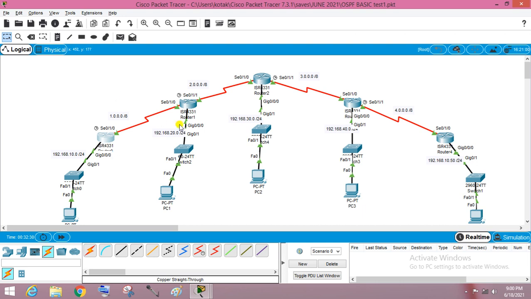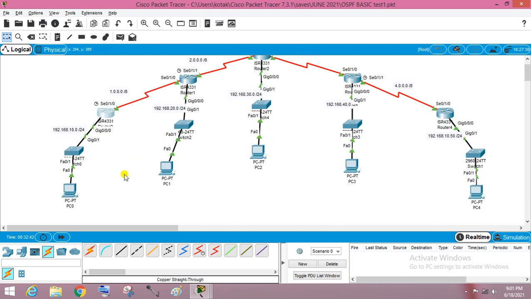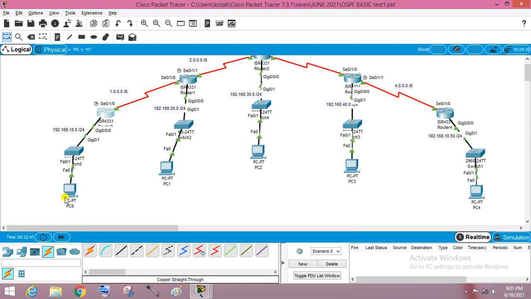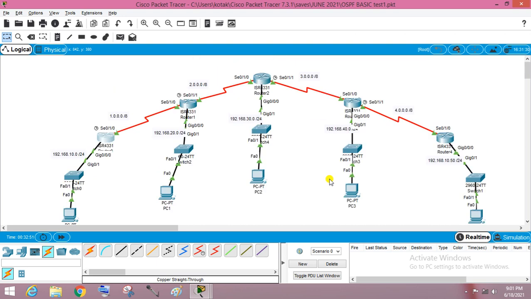Okay, so now we have understood how to configure the IP address on the active interface if so many routers are connected here. So what is my task? My task is whether the user sitting here is able to access this PC or this PC or this PC. We are using Packet Tracer and all are close to each other.